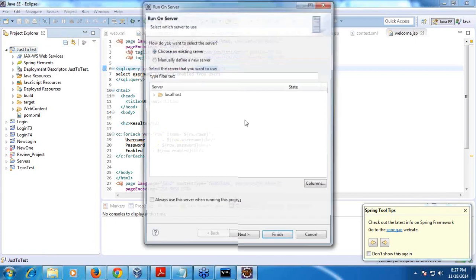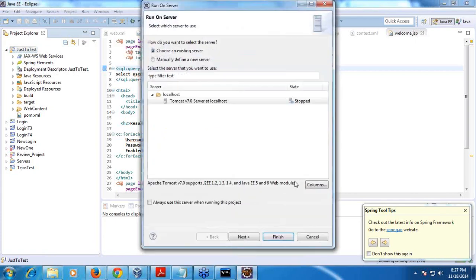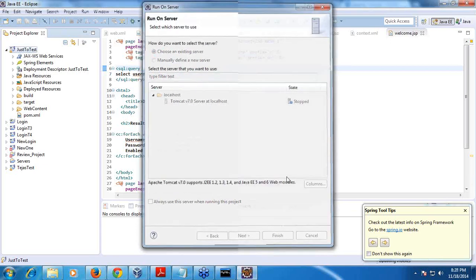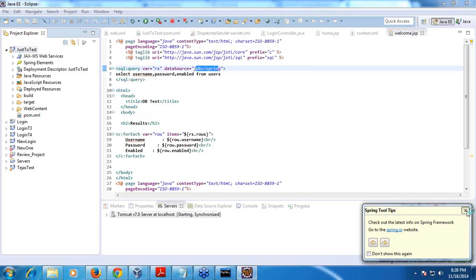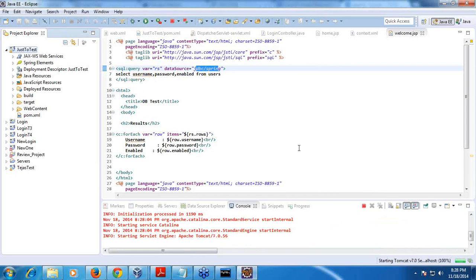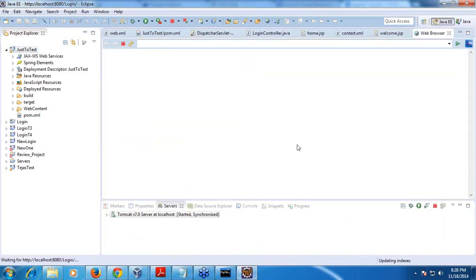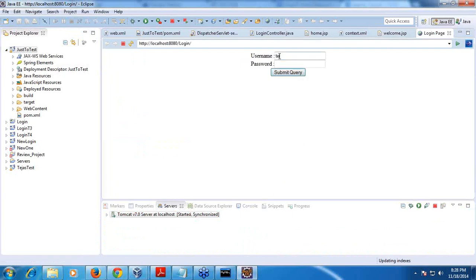This will solve the problem. So again, let us see, because it's not verifying, I'm just giving Tejas.